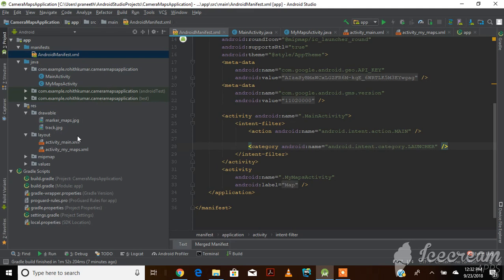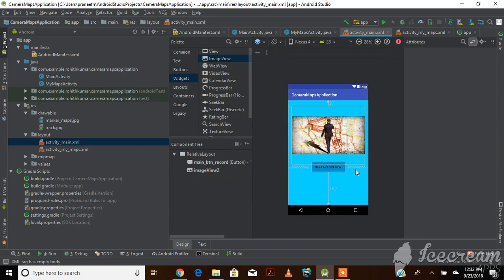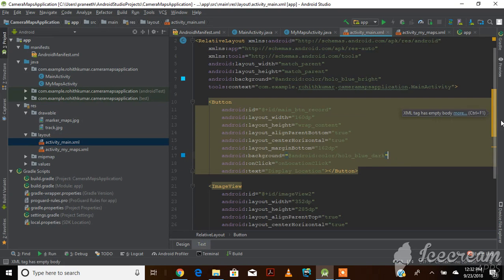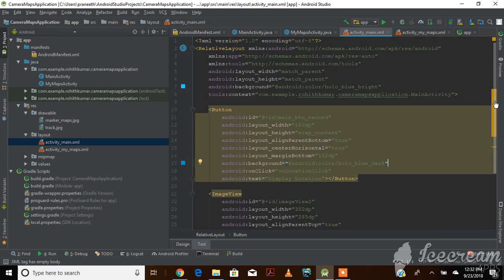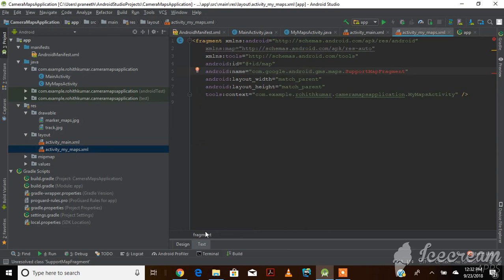So let's go and see how my activity main looks like. This is my main activity. It consists of a button, it consists of an image view, and this is the name of my application. If you go and see the text, I'm using a relative layout for this. So I have a button and I have an image view, and I have another activity which is for displaying